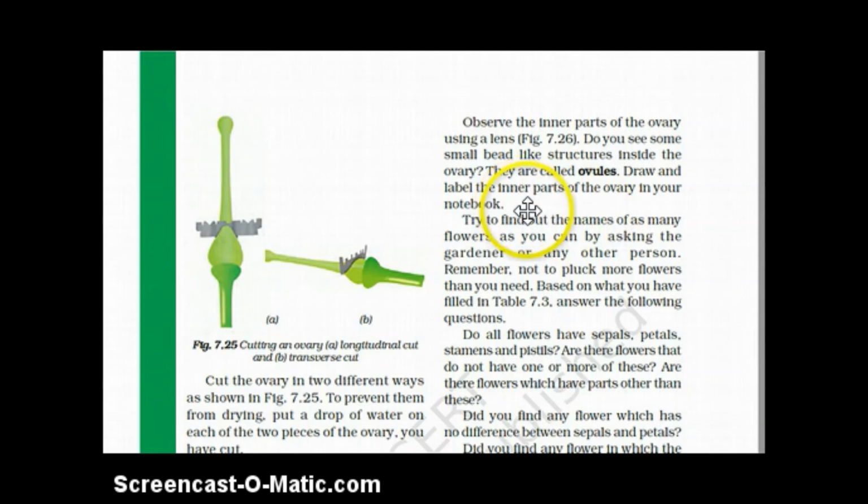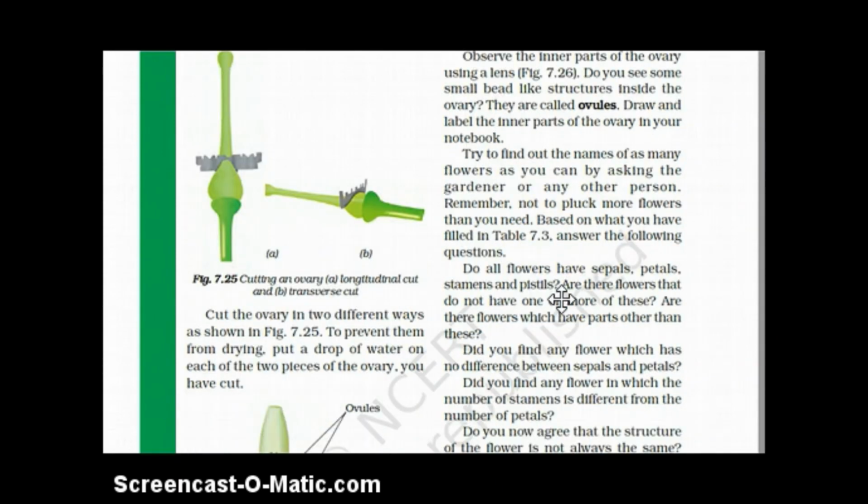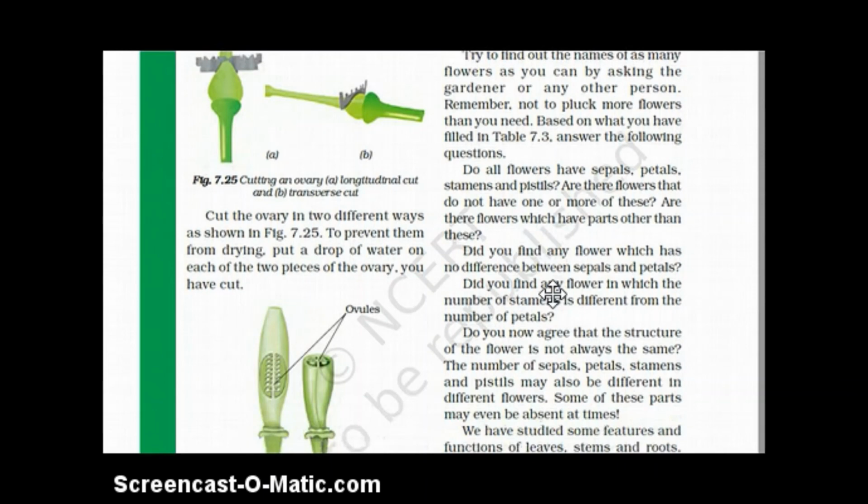Draw it neatly. Now try to find out the name of as many flowers as you can. Now you can dissect those flowers, you can observe those flowers, how many petals are there, how many sepals are there, what is the color, you can count the number of stamens also, you can observe the pistil also. Did you find any flower which has no difference between sepals and petals? Did you find any flower in which the number of stamens is different from the number of petals? So there you will find a variety of flowers,